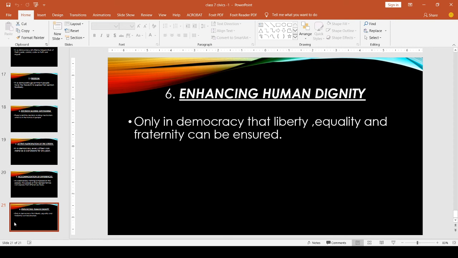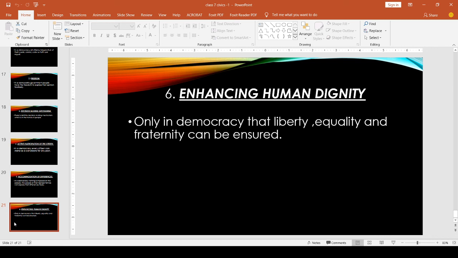For example, for backward classes people, the government provides some reserved seats. In the case of education, also some seats are reserved at the educational level. And in the case of jobs, some government job seats are reserved for these backward classes. Why are these seats reserved for these backward classes? In order to